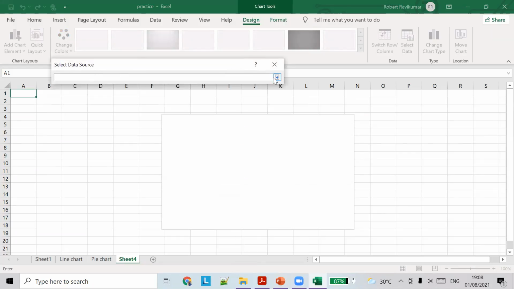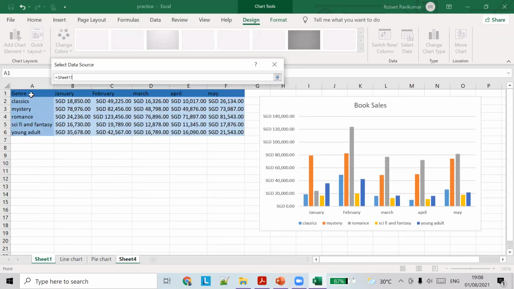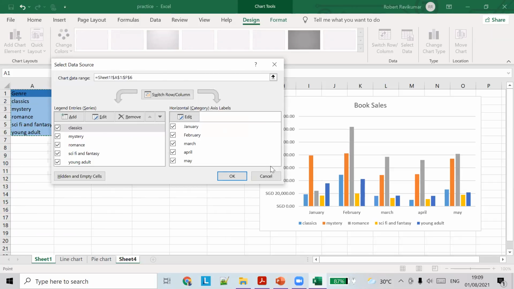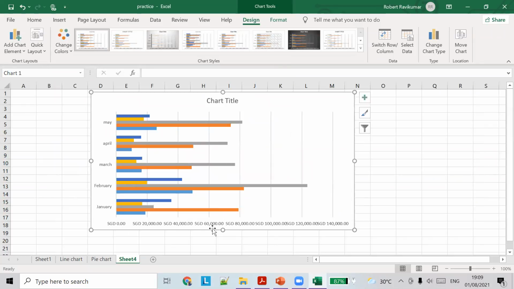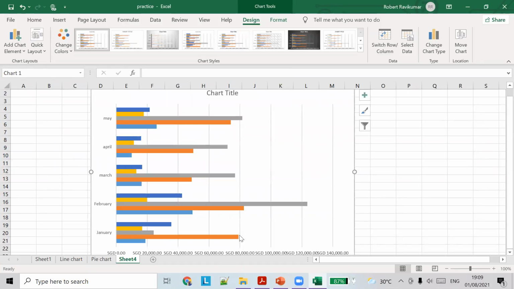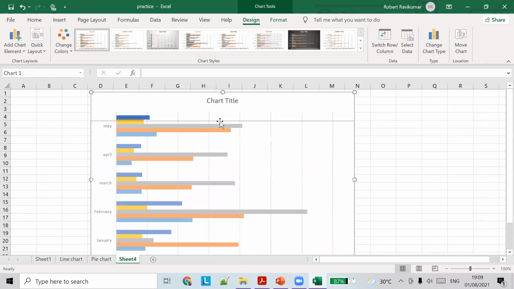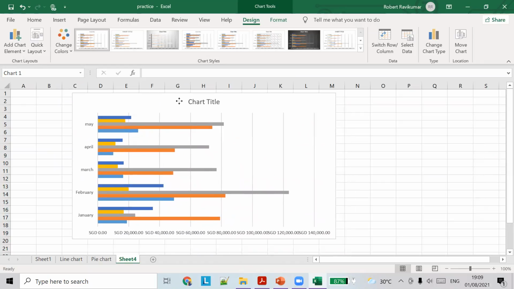And now we can click on it and go to the sheet and then you can select the data. Okay, so once done, click OK. Now you should be able to see your chart here. See, as I said, this chart is a bit different. The data is displayed in a horizontal manner, comparatively in a vertical manner for a bar chart. So we have a chart title.